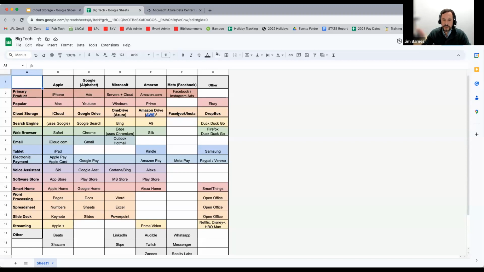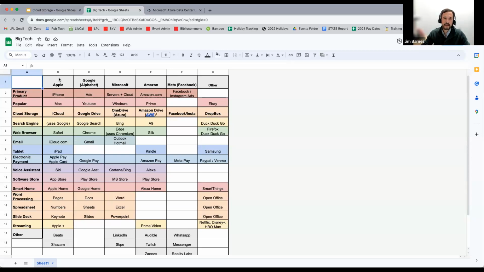And then you have Facebook and Instagram, and their cloud storage isn't really like a cloud storage per se, it's just Facebook and Instagram. So when you upload your photos or your videos, that's where they live. And then another one that you've probably heard of is Dropbox. Dropbox was one of the first standalone cloud storage companies. So that's kind of a competitor to these other big companies, and they're just a standalone company that does just that, just lets you store your data in the cloud.